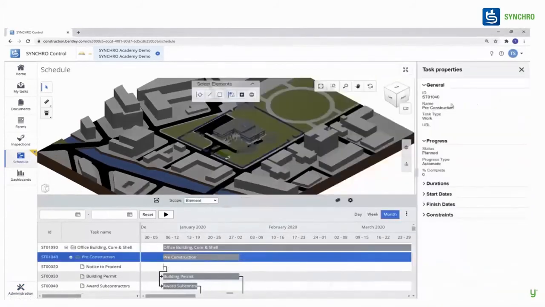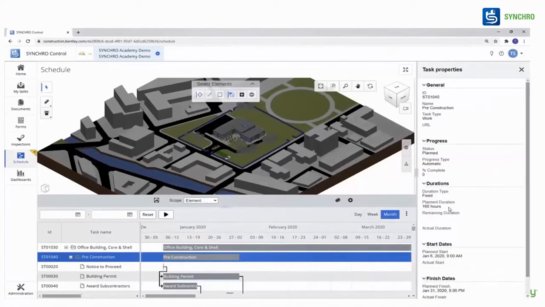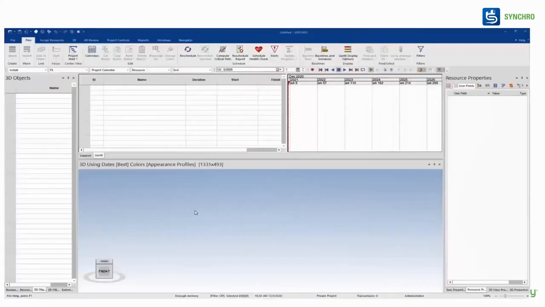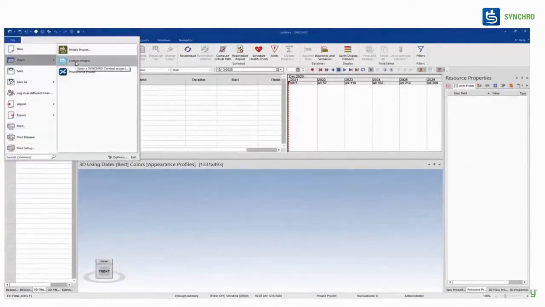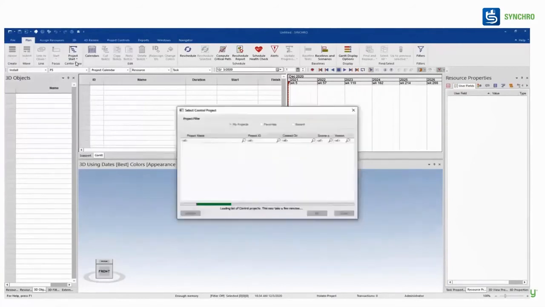I could see and comment on what is happening over here, and I could tell my scheduler that this is not exactly what we require from the site. Or we could look at the project progress, duration, start date and finish date, and I could advise him to change this. So he opens the same project in Synchro Pro, and he gets the information through Synchro Control.